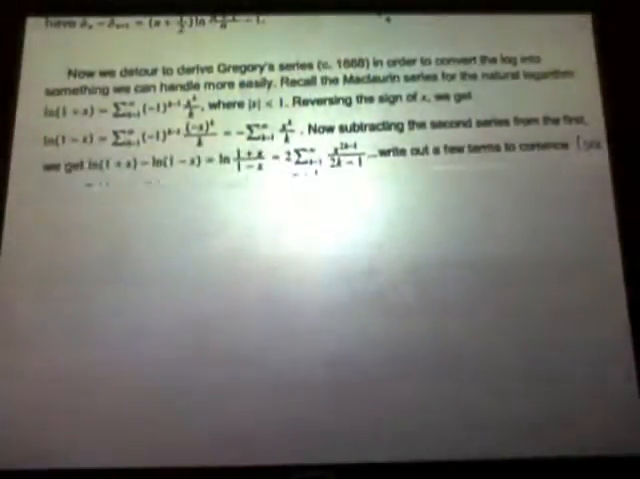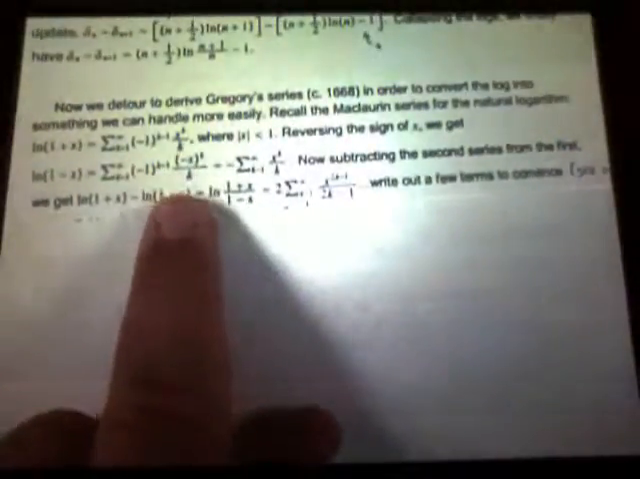So now subtracting the second from the first, we're trying to get something that looks like this. So you get this minus this, x to the k over k, and then you have this x to the k over k. So if we